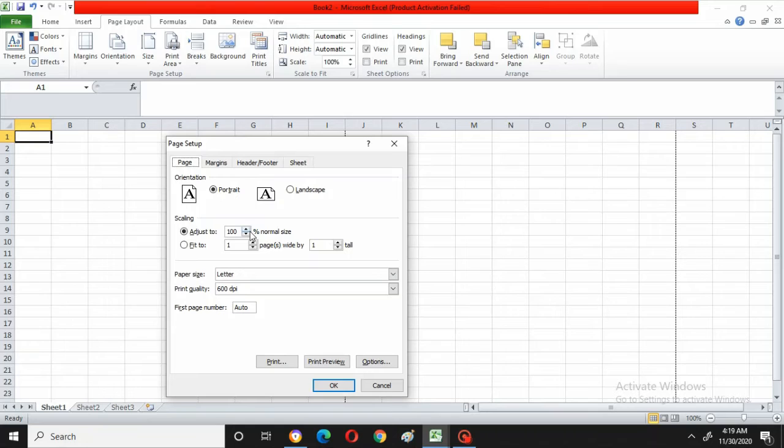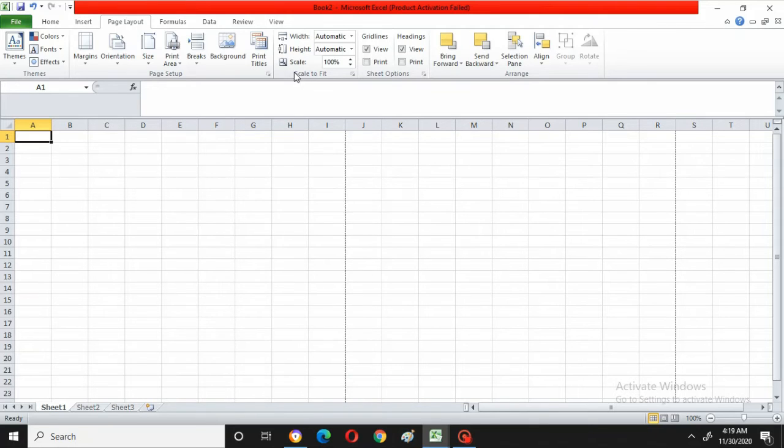If you want, you can change that normal size to a different number, and fit to one page or two pages, or however many pages you want to fit the matter. Then go for the print preview, automatically it will be selected. Next comes scale to fit. Scale to fit is nothing but width. Suppose you have some data, that data should fit in one page, two pages or three pages. That you have to select here.